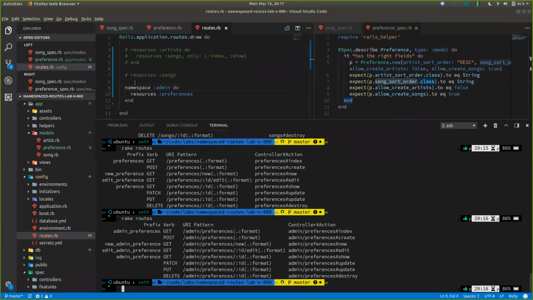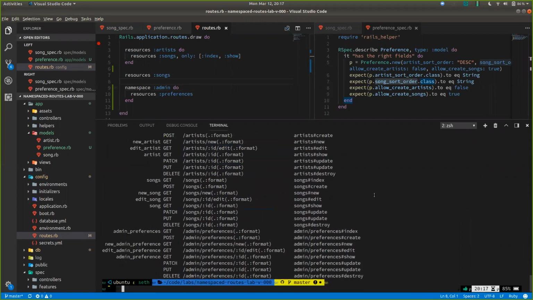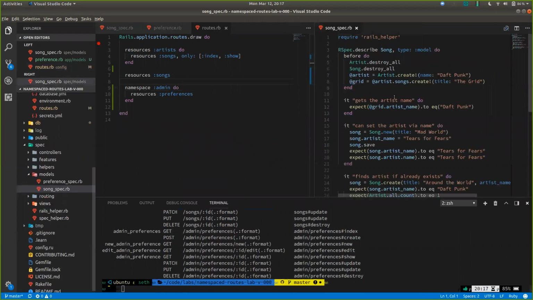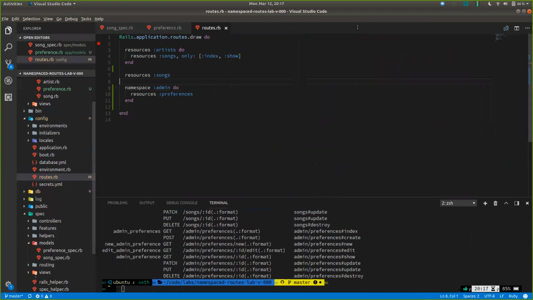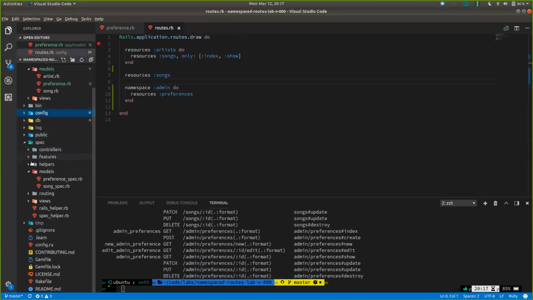So let's go ahead and uncomment the rest of this out. So we have all of our routes again. It's going to be a bunch now. We still see we have our admin preferences. It's namespaced. Pull this down. We got that one done. And this other model too is good. Okay. So now that we've got our route set up,